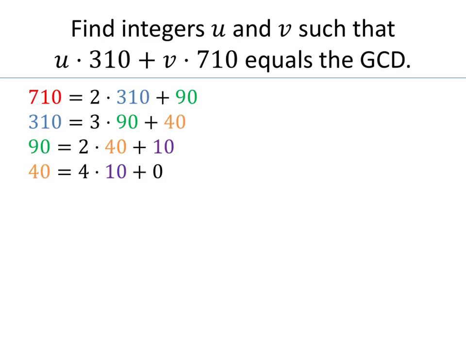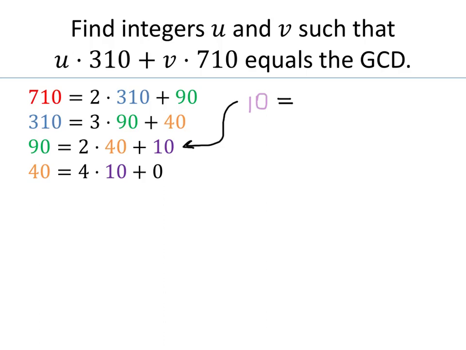So these four equations that you see on the side of the screen here, we need to do that anyway. So even if you knew what the GCD was, we would still need these equations, as you'll see in a second. Okay, so we know our GCD is 10. And what we'd like is an equation that looks like 10 equals u times 310 plus v times 710. Well, we can't get that right away. But what we can get easily is an equation that looks like 10 equals something times 40 plus something times 90. And we can get that from this next to last equation. So if I solve that equation for the 10, which I'm just going to do by subtracting 2 times 40 from both sides,